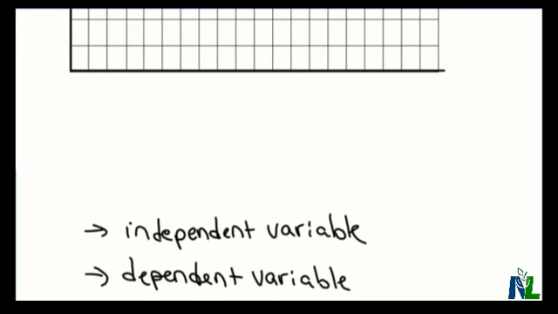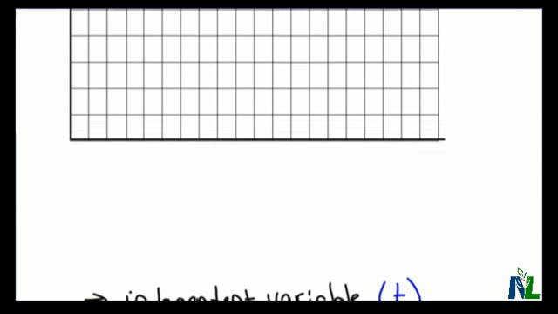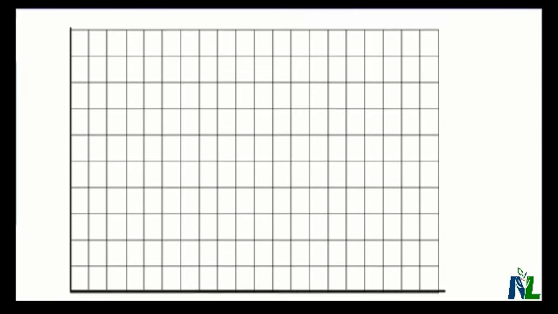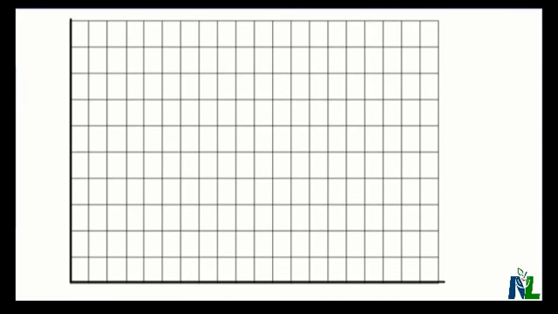So we have to figure out, first of all, what is the independent variable and what is the dependent variable. The independent variable in our case here is going to be time. And our dependent variable is the depth, because the depth of her dive depends on how far into the dive she is. So her depth depends on the time. So I'm going to graph my time on my horizontal axis. So this is going to be time